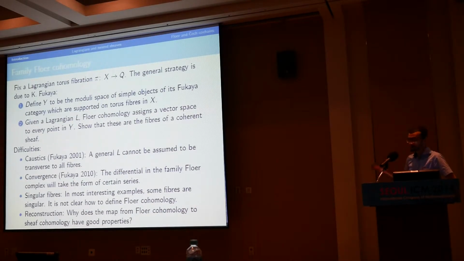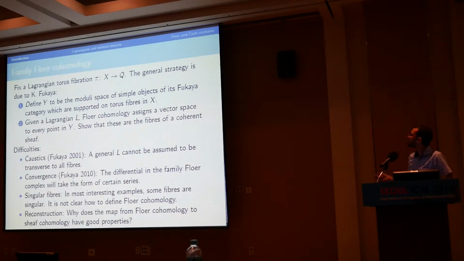For that, we will have to understand many things, such as what is the analytic structure on Y that we're talking about, and so on. I'm listing the difficulties, because the first time you encounter the strategy, the first thing you think is, it's just too hard. So what are the difficulties? The first difficulty is, when you define Floer cohomology, you really use this feature, this thing that I call the fundamental theorem, that you can choose a Hamiltonian diffeomorphism, and the Floer cohomology won't change. So if you take two Lagrangians, you can just assume that they're transverse. And then when they're transverse, you carry out the construction.